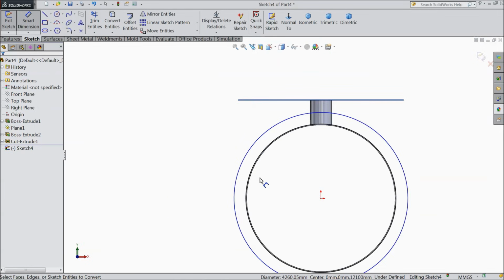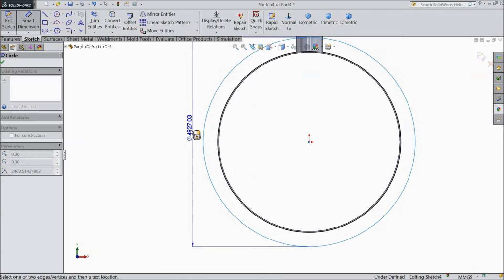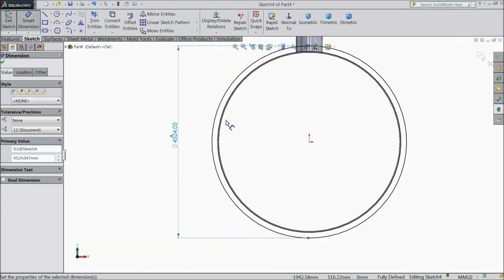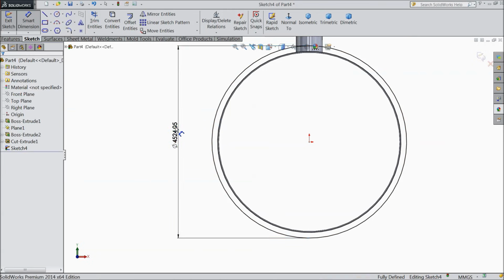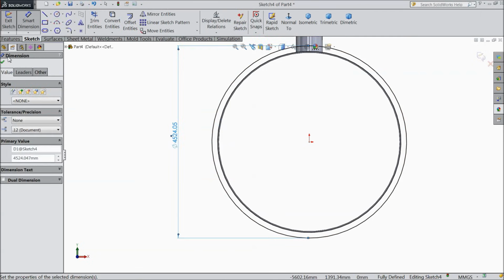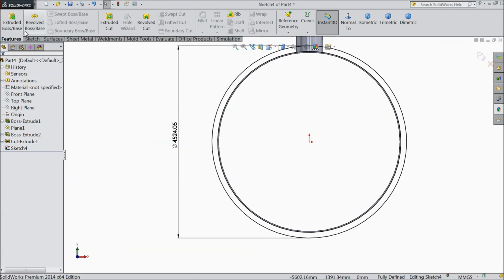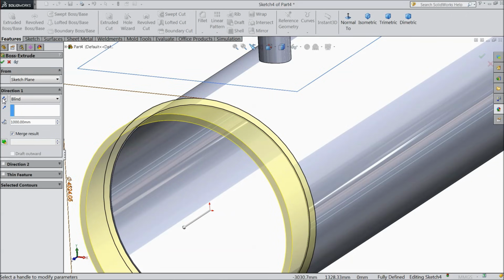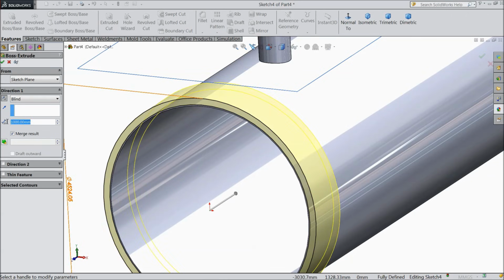And now keep the outside diameter 4524.047. Okay. Now select extruded boss and see here, select reverse direction and keep only 73 mm inside, not more than that. Okay.